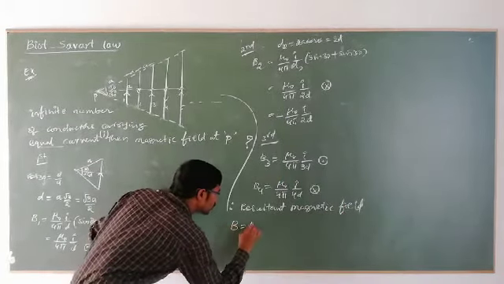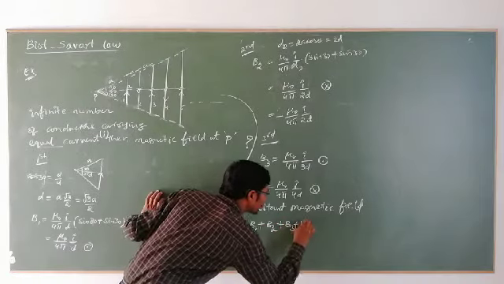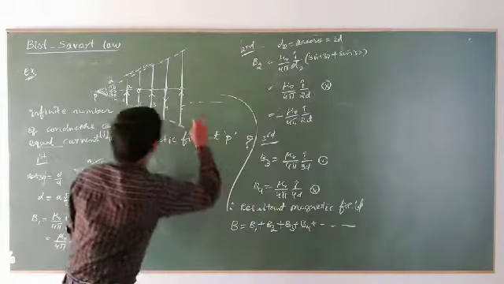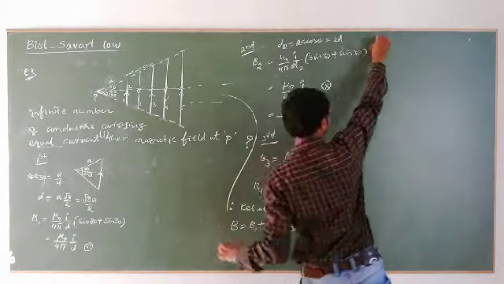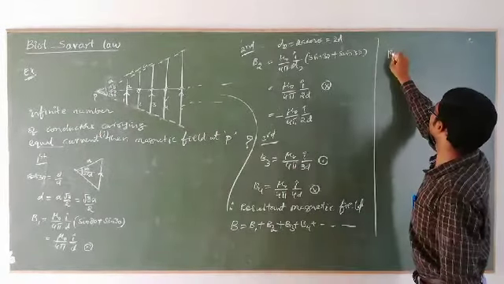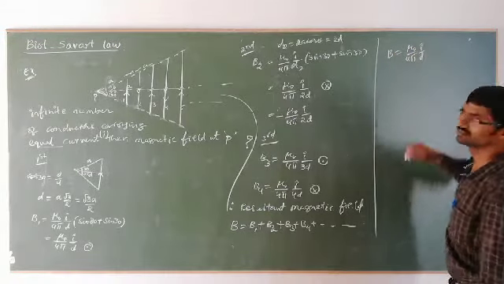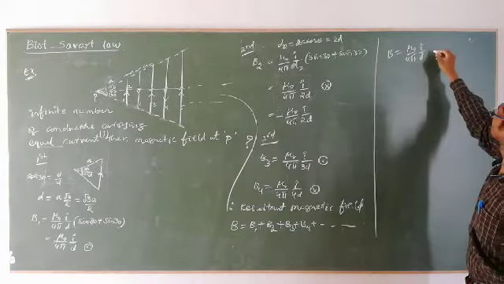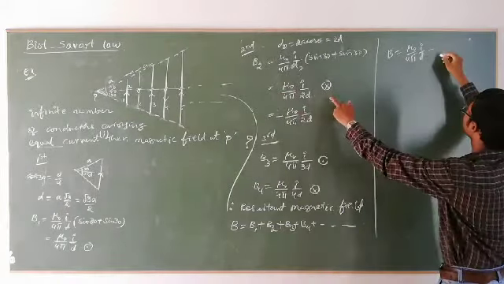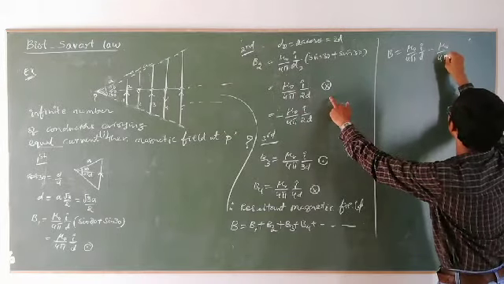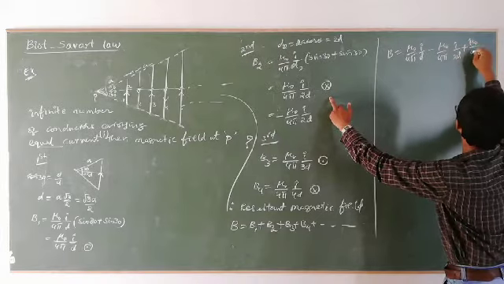B is equal to B1 plus B2 plus B3 plus B4 plus and so on. We have an infinite number of points. Let us substitute all values. Then B is equal to mu naught by 4 pi I by D. Next, minus the second one. Inward means let me take minus, mu naught by 4 pi I by 2D, plus mu naught by 4 pi